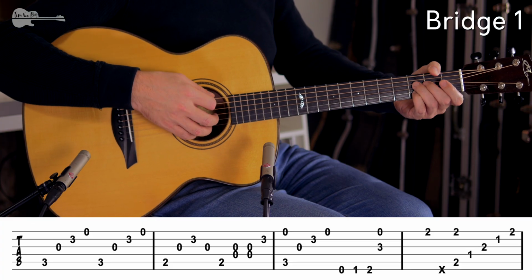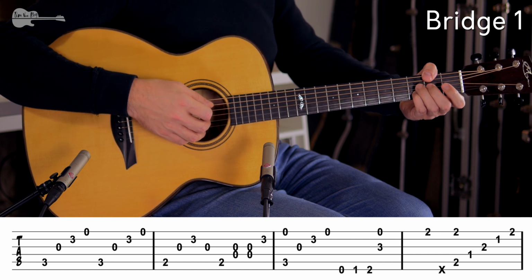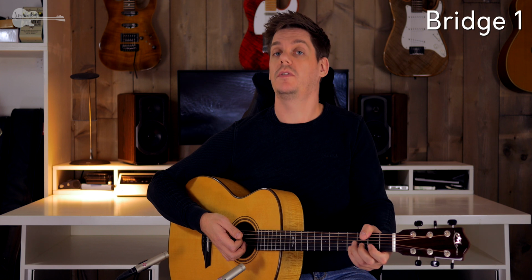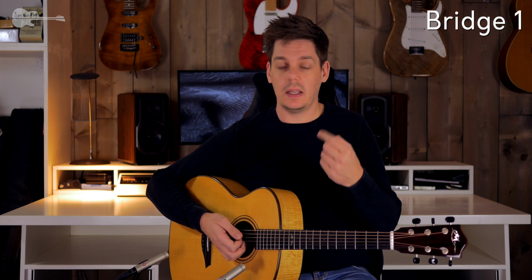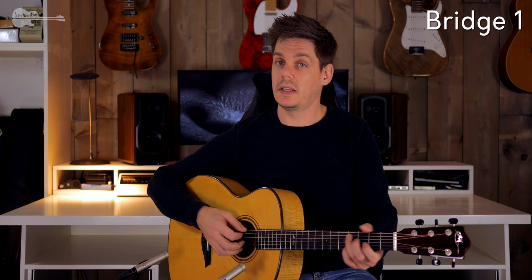As you end up on that last open high E string, Tommy uses the thumb to play a bass line on the low E string from an open string to the 1st fret to the 2nd fret, but there really isn't a specific reason, I think, for using the thumb over the side of the neck. It probably just feels very natural for Tommy to do this, but you can actually just as well play this with the index finger. I even think it's a little bit easier. So what Tommy plays is this,